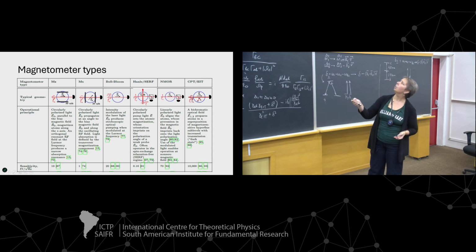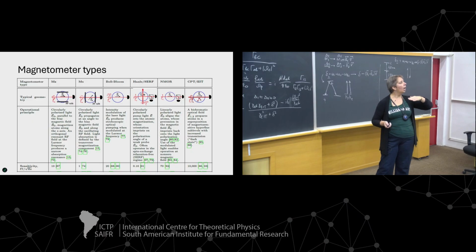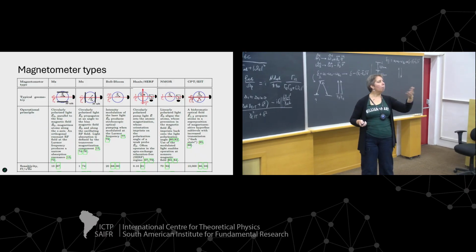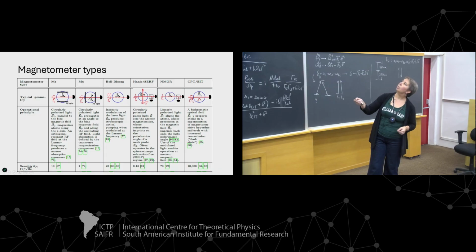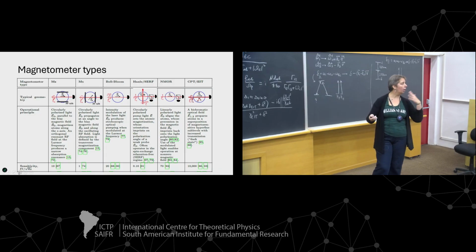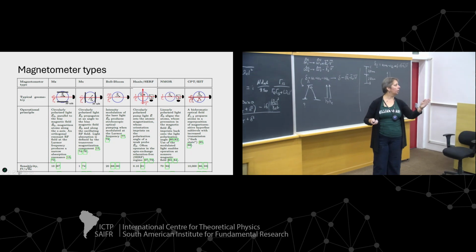And that's exactly the trick they use in the Bell-Bloom magnetometer, where you modulate your optical field at a frequency which matches your magnetic field. And these two components will essentially be equivalent to the RF field, which will do exactly the same thing. Now, these first three are classical optical pumping magnetometry, where you first prepare magnetization, and then